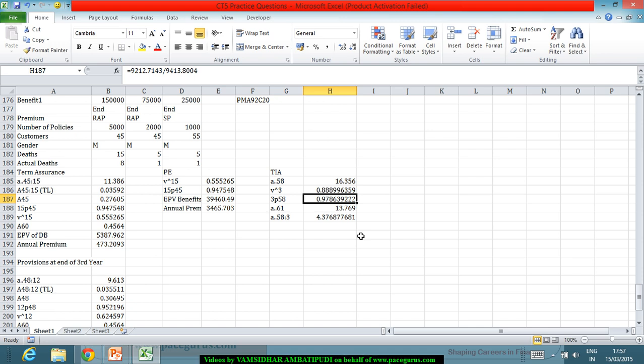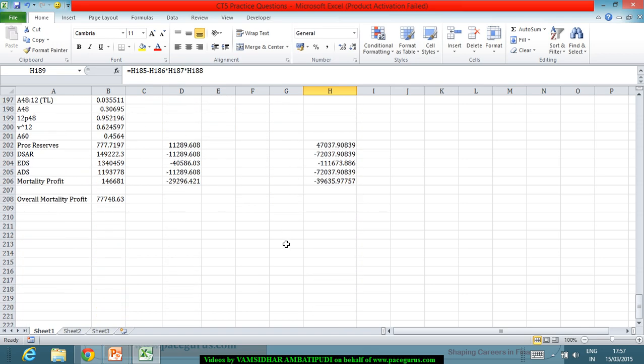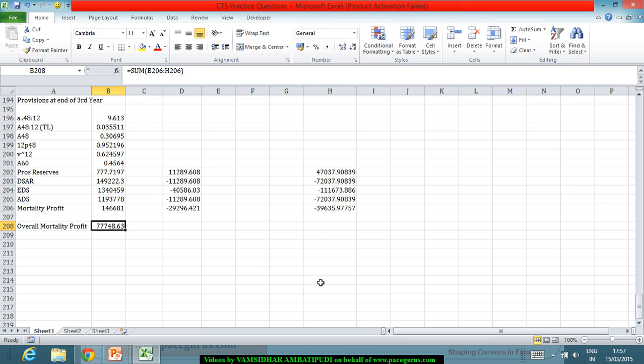So L61 for me goes as 9802.048 divided by L58, 9864.803. So 3P58 changes a little bit, and A double dot 61 also changes, which becomes 15.254. Because of this, the numbers change a little bit across, resulting in an overall mortality profit of